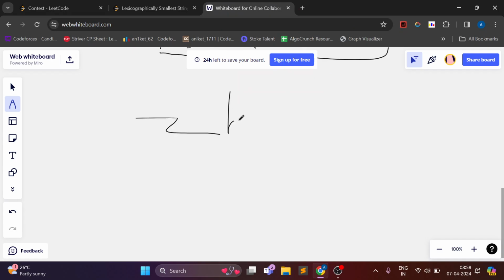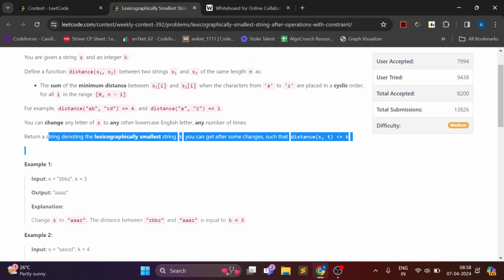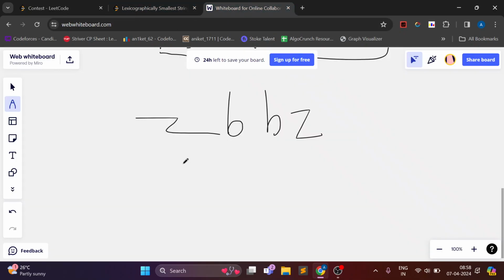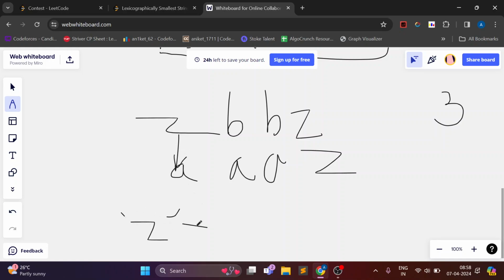So for example, we have a string zb bz, and if we convert this into this and z, and k here is 3. Now in one operation I converted z to a, because with a cyclic shift I can increase this, and it will come out